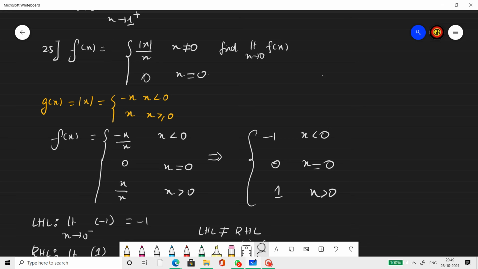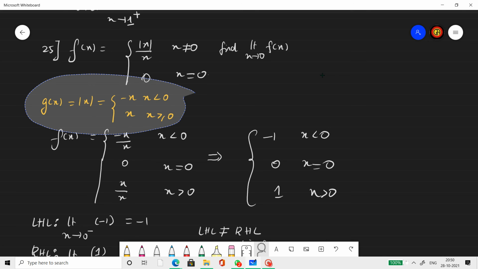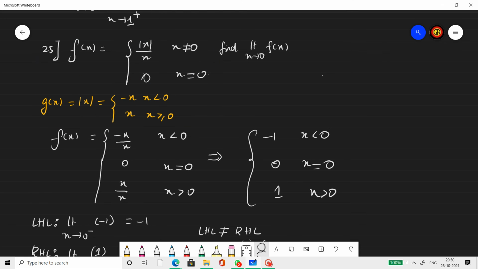Now, how to write them? We write it like this. When it is below 0, it is minus x. So if I take minus 2, minus 3, minus 5, something like that, it is minus of minus 2, minus of minus 3, minus of minus 5. Hence, y will always be positive. And above or equal to 0, it is x. This is how we write mod x. Now, this should be inserted here. So, when x is below 0, mod x will be taken as minus x. Denominator x will come as it is.